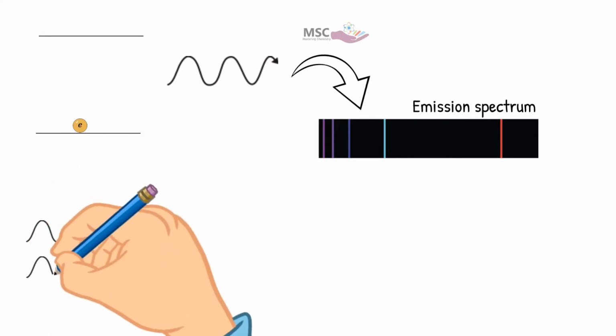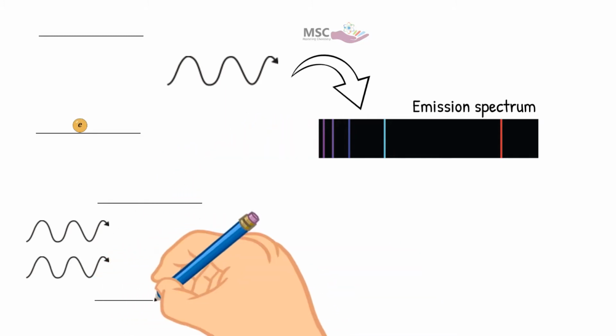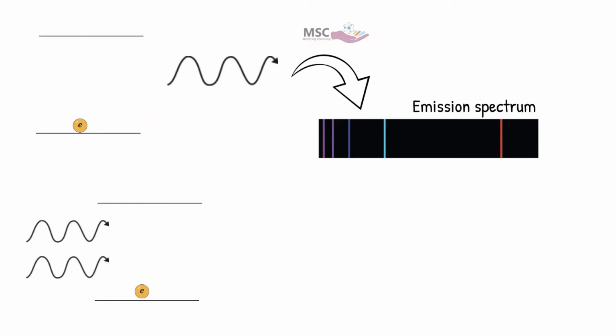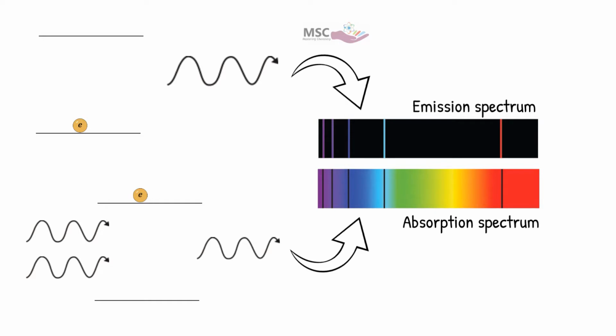White light is made up of all different wavelengths of visible light put together. When white light is shined on a sample of your material, certain photons of light can hit an atom. If the energy of the photon is the same as the energy between two electronic energy levels in the atom, then the electron in the lower energy level can absorb the photon and jump up to the higher energy level. The absorbed photons show up as black lines in the spectrum. The collection of these lines is the absorption spectrum.